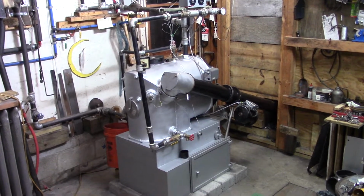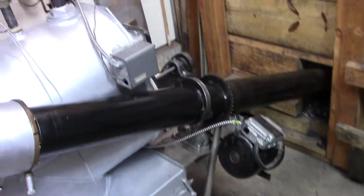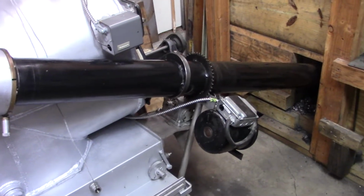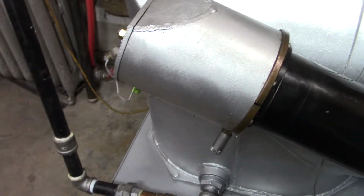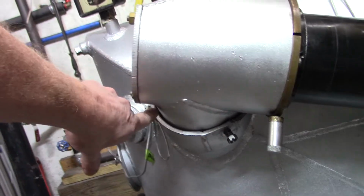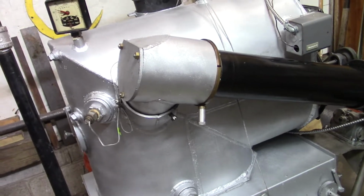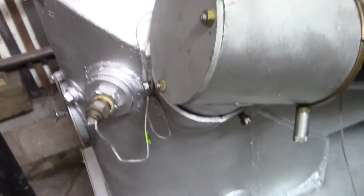All right, real quick Axeman update here. We've been pecking away at it a bit the past few days. We got the auger motor mounted on it and the gearbox. Got the transfer head mounted. This transfer head came with it. It was on this auger that came with it, but the mounting holes here did not line up with this boiler, so had to do quite a bit of grinding to get that to fit. And we've got our boiler sensor in, we've got our ash sensor in,